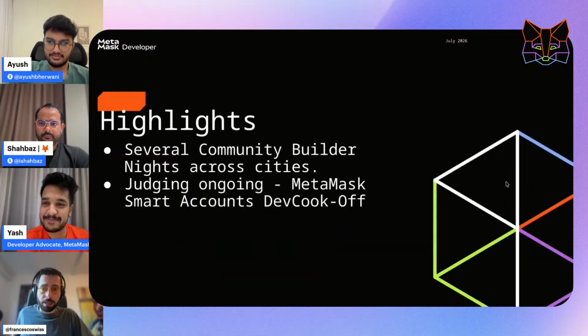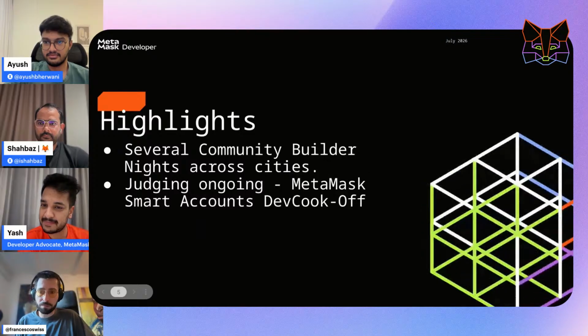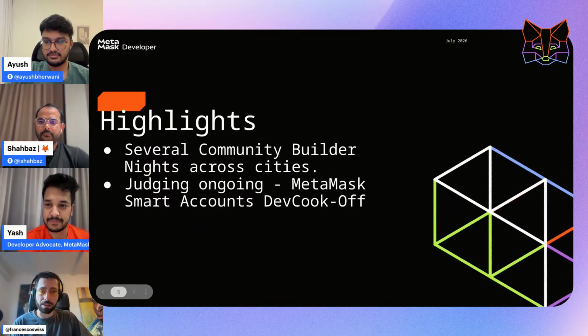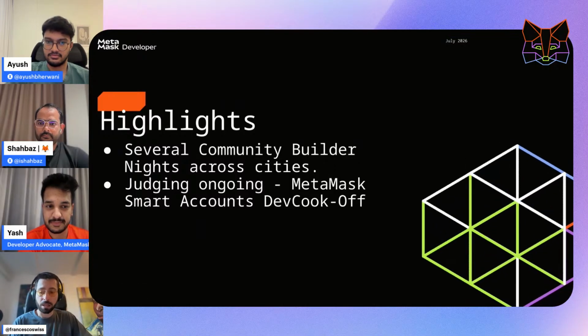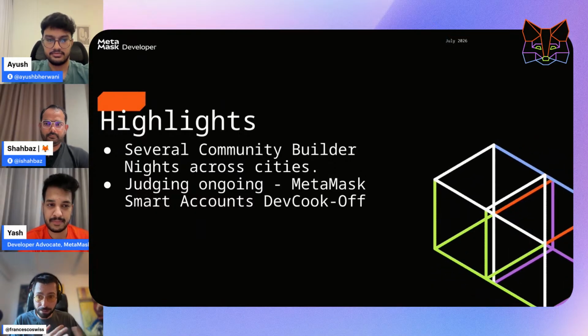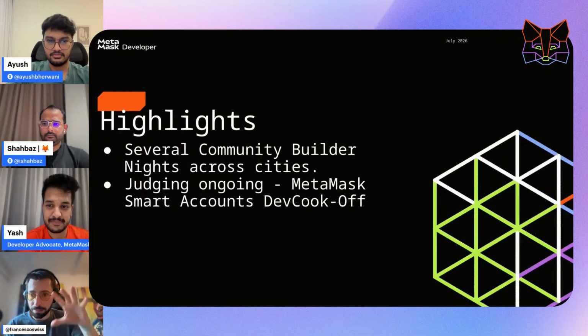Okay, let's do it. Let's start. Also, some highlights. You saw we're running a lot of community builder nights across different cities. This week there are 5 happening between India, Brazil, Nigeria, and one in France. So it's quite exciting. These community builder nights are for MetaMask ambassadors.